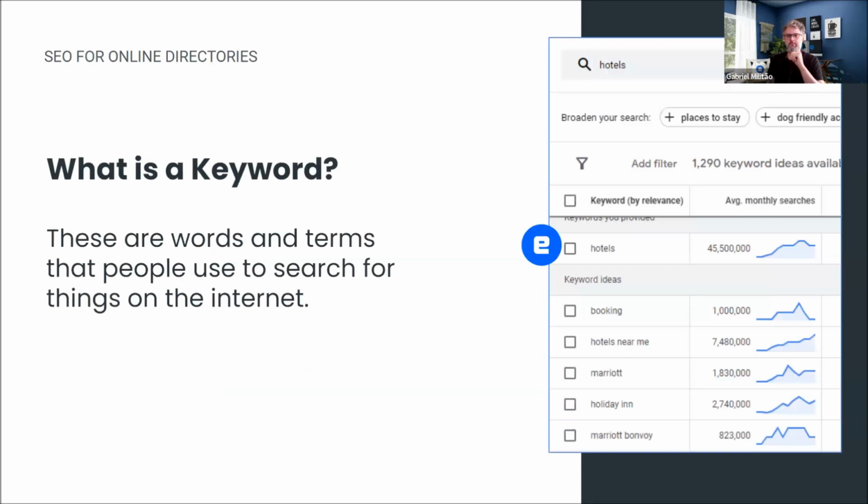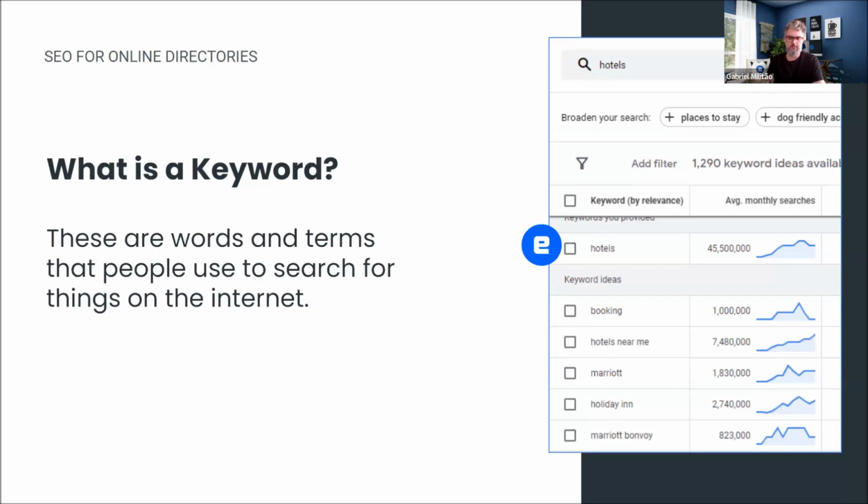So what is a keyword? Keywords are words or phrases that people search for, and incorporating them into your website content can improve the relevance to the search engines. When a person is searching for something on the web, that is a search term or a keyword. Including relevant keywords in your content can help search engines understand what your page is about and increase the chances of appearing in the search results. So we're not talking about spam keywords in your content. We're talking about